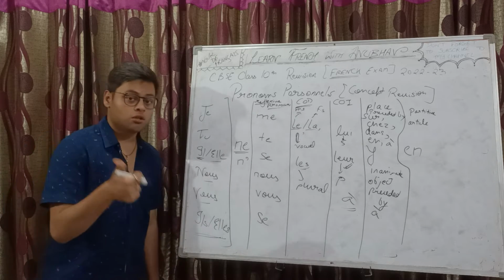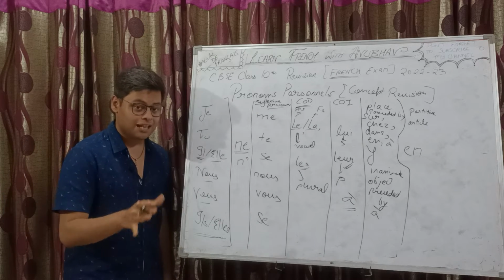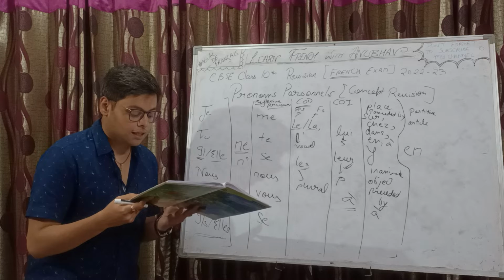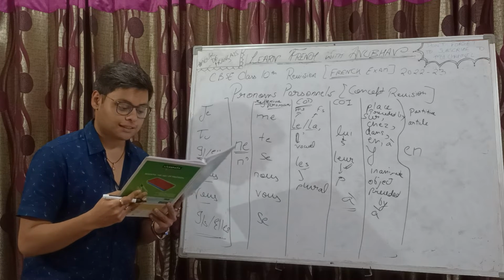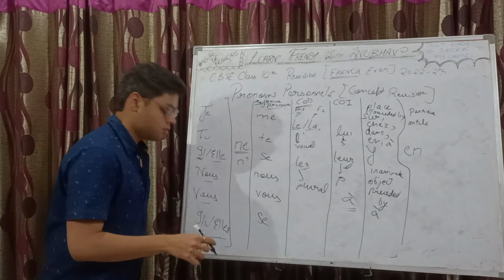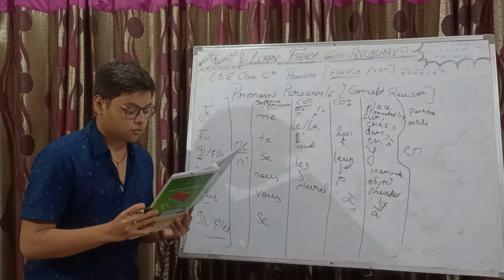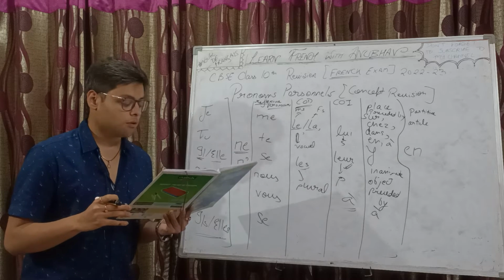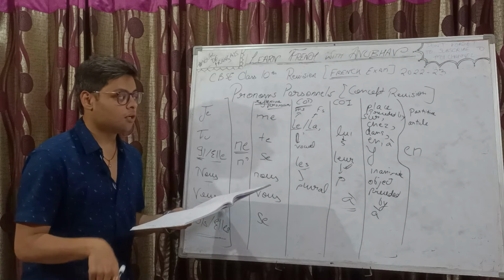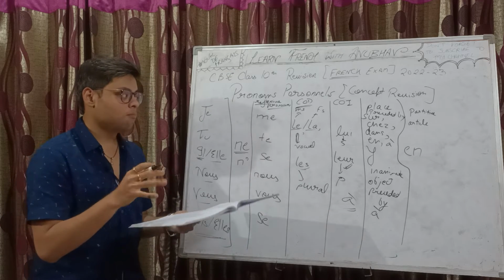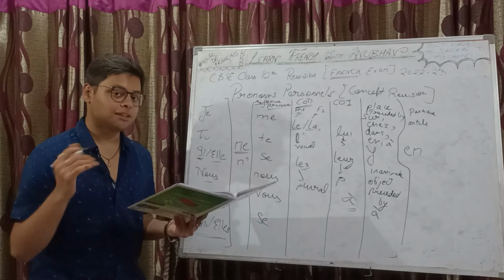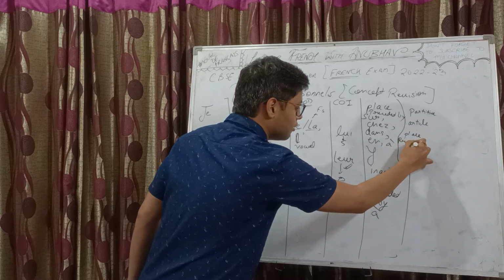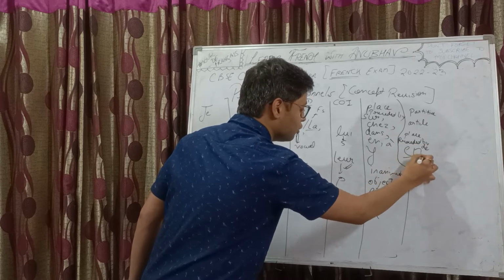Partitive articles are which ones? Du, de la, de, the l apostrophe. In that case you are going to use en. And the second is this thing, complément de lieu, complement of place, when preceded by these prepositions. But when the complement of place is preceded by the, in that case also you will use en.